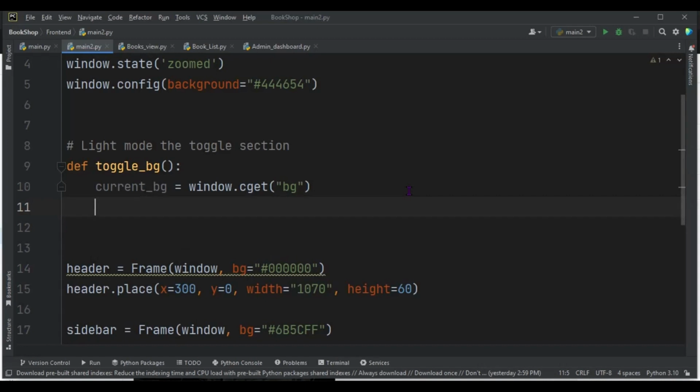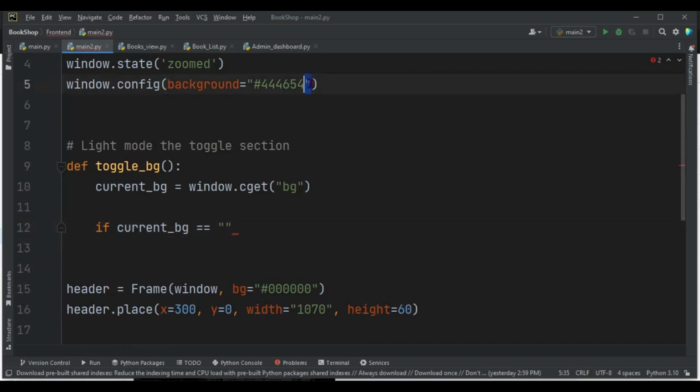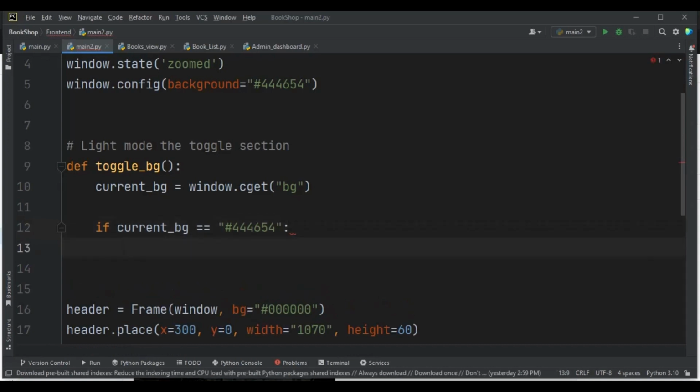So let's come here and define an if function. Let's say if current bg, which is the current background, is equivalent to this, which is the color there. So let's copy that. If it's equivalent to this color, okay, I think there should be one code. Then enter. If current bg is equivalent to this color,